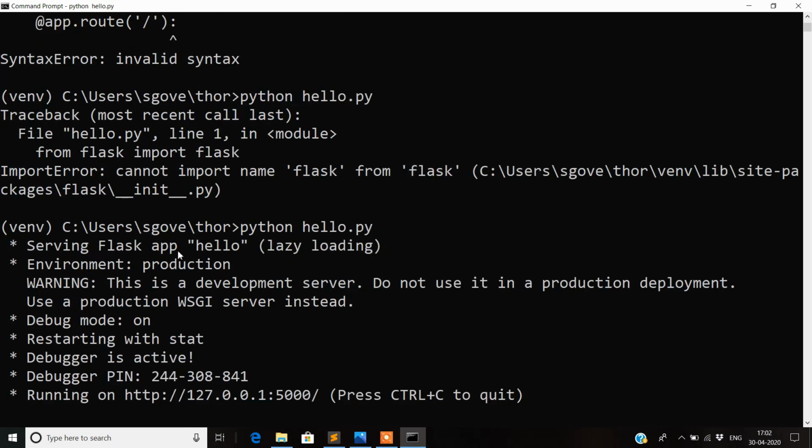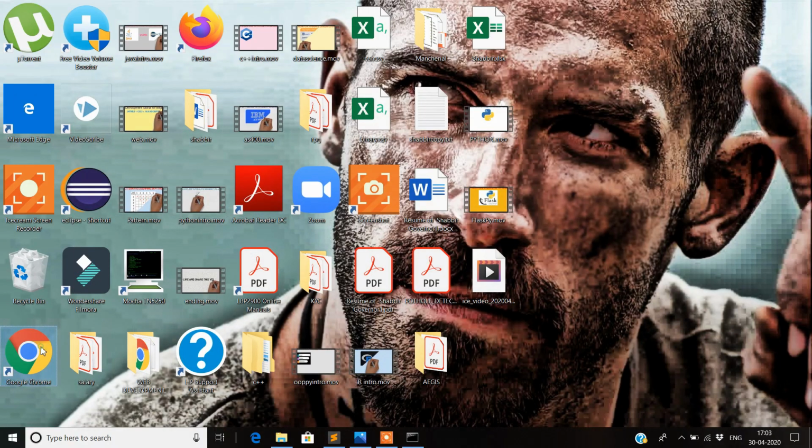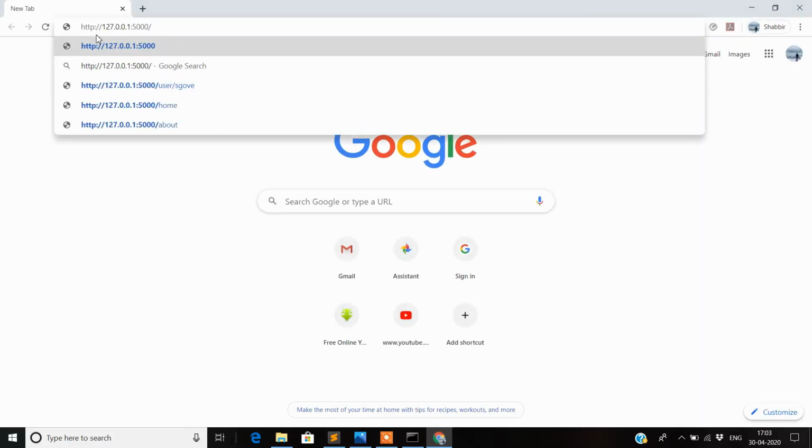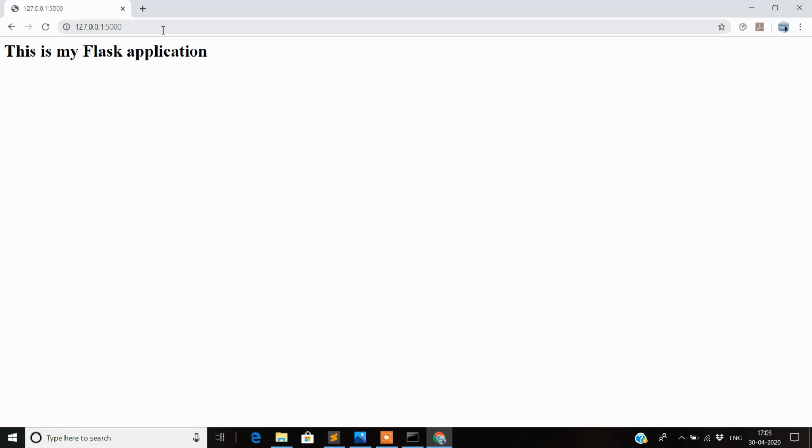You can see now that we have activated the application. It shows that the debugger is active now. Once the debugger is active, you can make any number of changes to your application, and you don't need to close and rerun the server again. So just copy this localhost address that is given in the CMD, and then we go to our Chrome. This 127.0.0.1 is actually the localhost, and we just press enter, so you can see that your Flask application is running here.